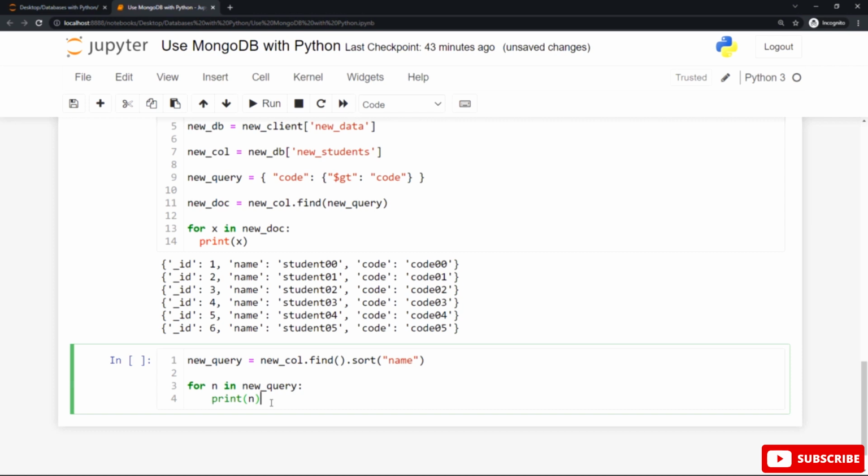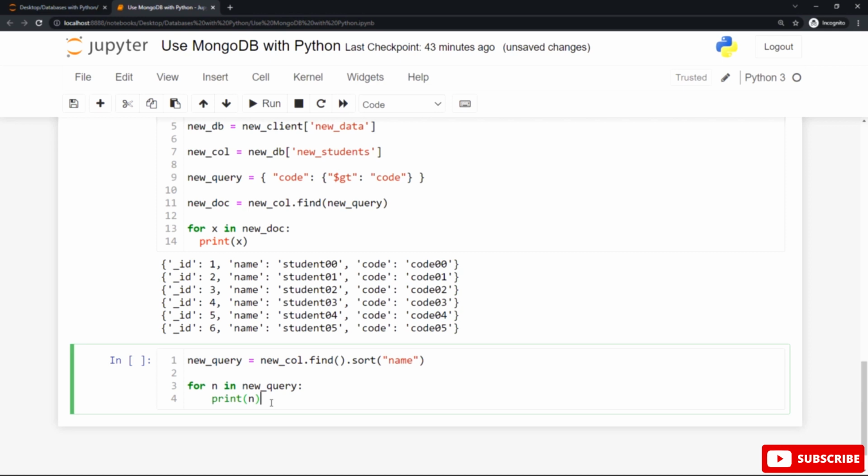Inside the round braces of the sort method, we have the name key, which refers to the name key from each document. We want to sort all the documents from inside the new students collection by name alphabetically.